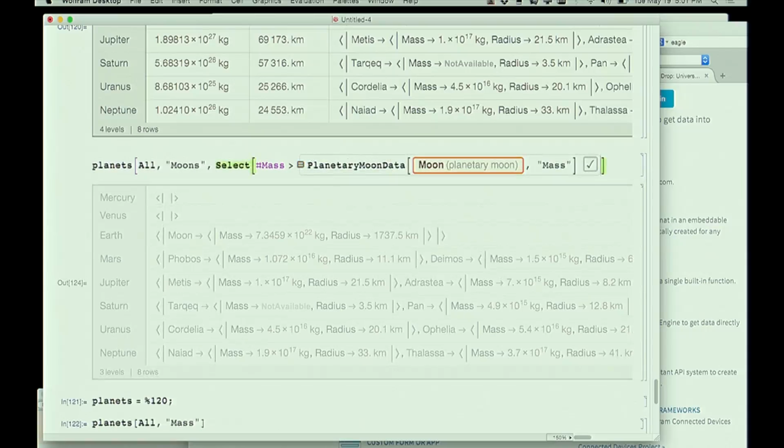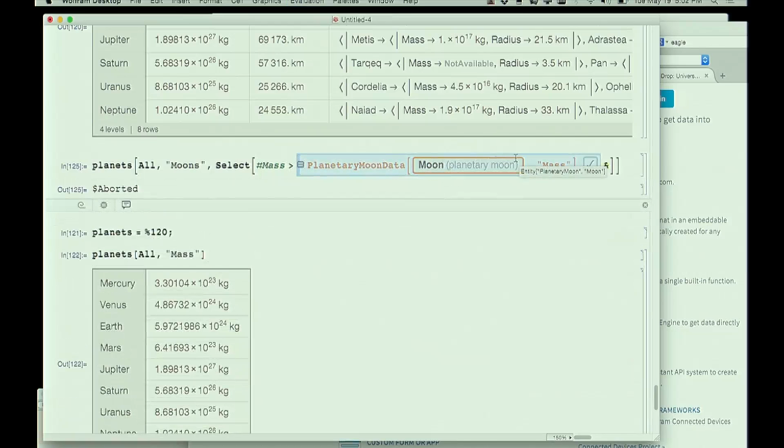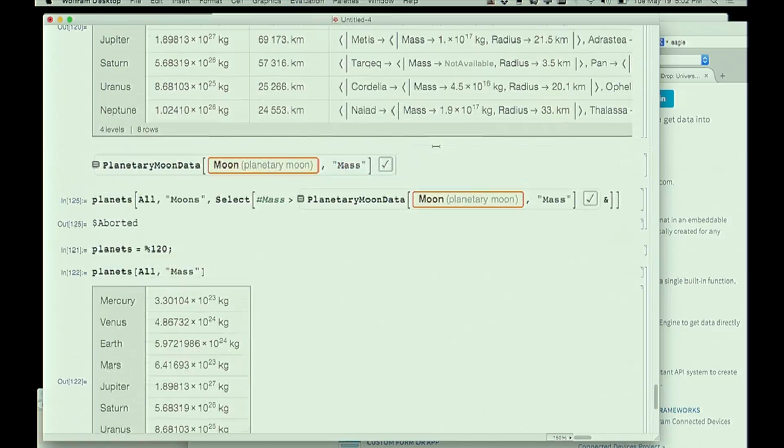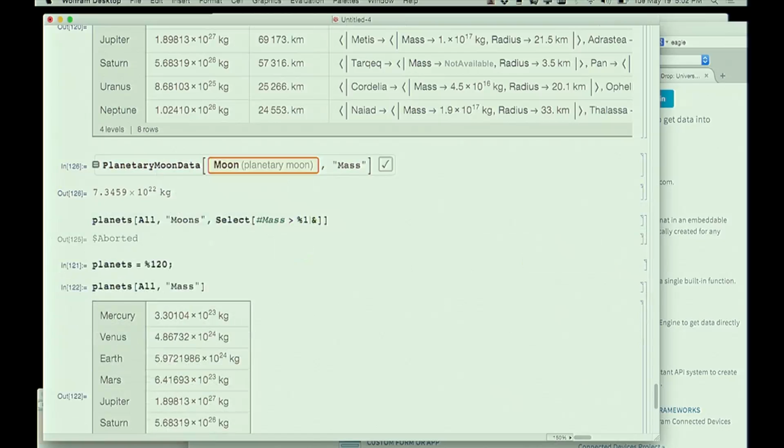Okay, let's see what happens here. And now what should happen, if I got this right, I think I may have done something kind of stupid here, I know what I did that was a bad idea. Okay, let me do this slightly differently. Let's say I compute, okay, so this should give me the mass of the moon. Okay, let's take that mass. It should figure out to compute that once, but I probably didn't.